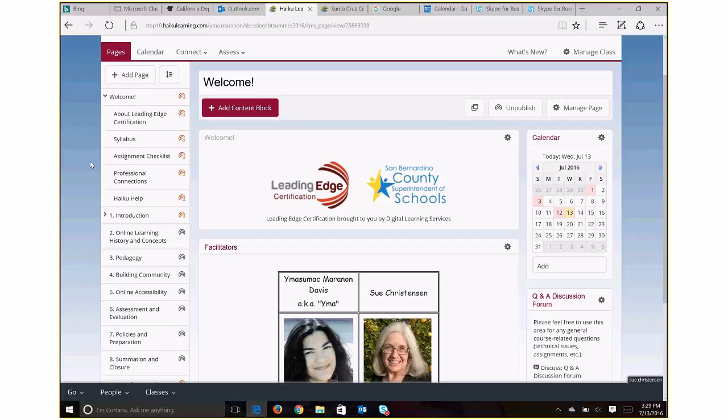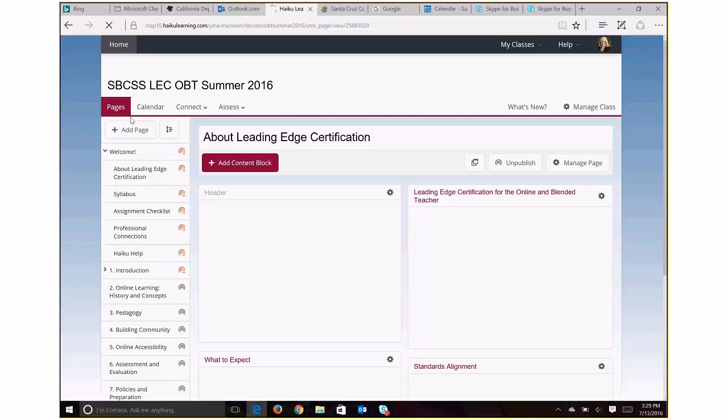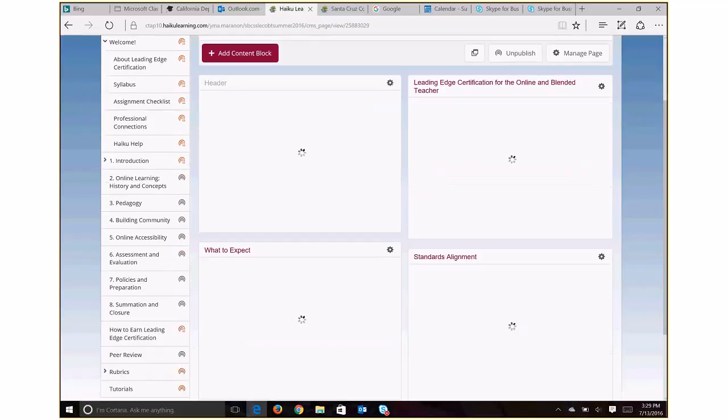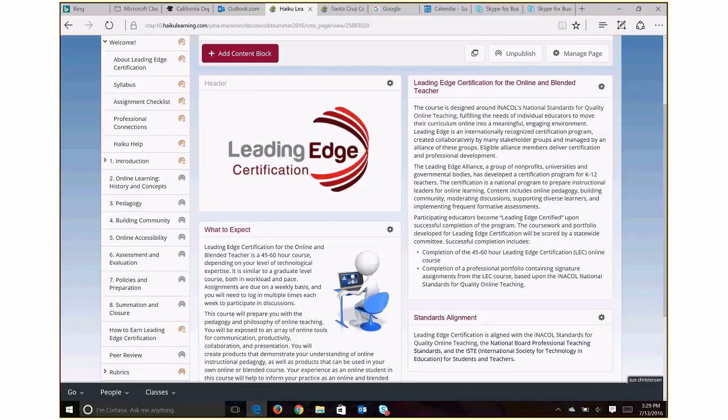But before we talk about that and get real specific about work, I want to talk just a little more about leading edge certification. So we're going to go into the page about that. And I just want to mention that the class you're taking, Online and Blended Teacher, is one of 4 courses.